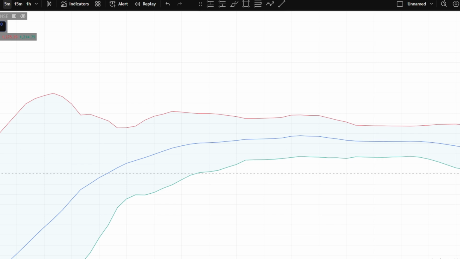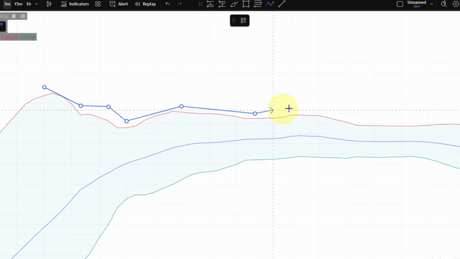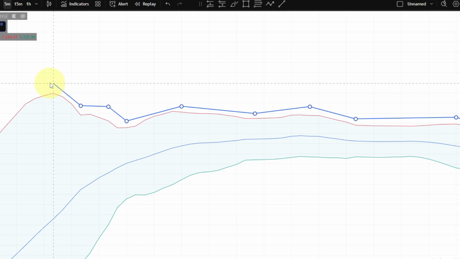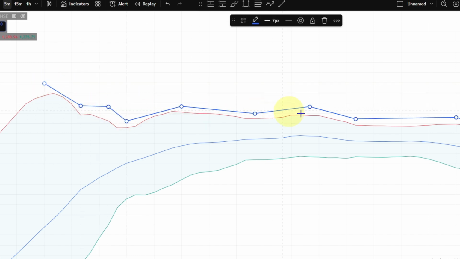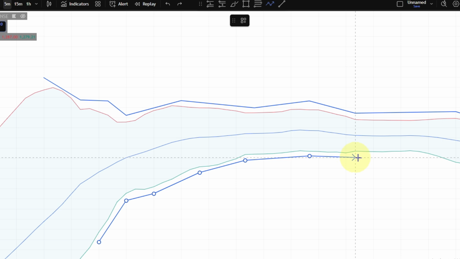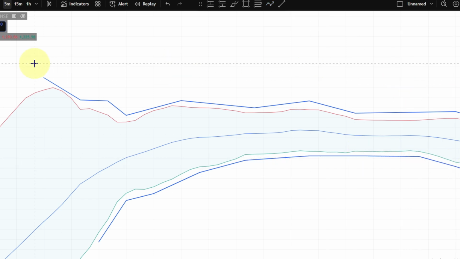As we know, Bollinger Band is made with 3 lines: upper line, middle line, and lower line. When the upper line goes down, up, down like this, then we can clearly see the price, or you can say the Bollinger Band, is going downwards. And for the lower band also, we can see the price was going up here, but suddenly it started going down. As we can see, both bands are squeezing towards each other.